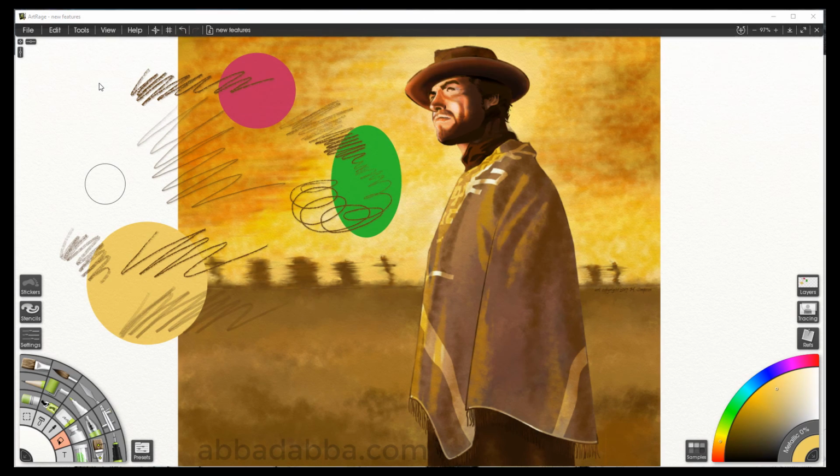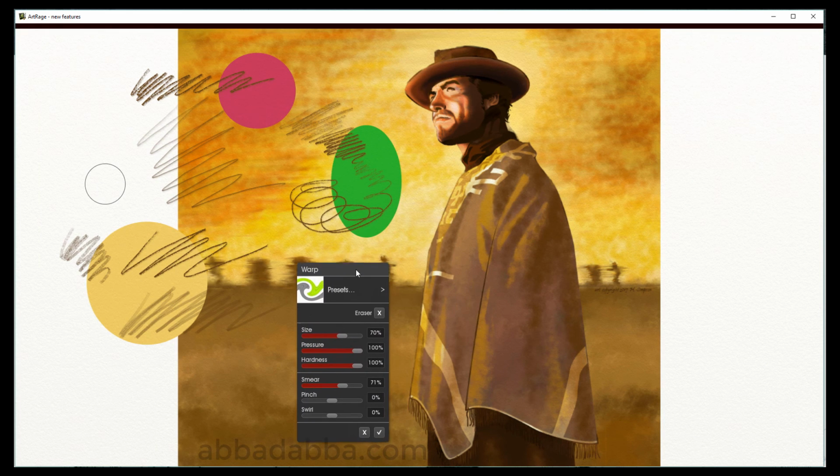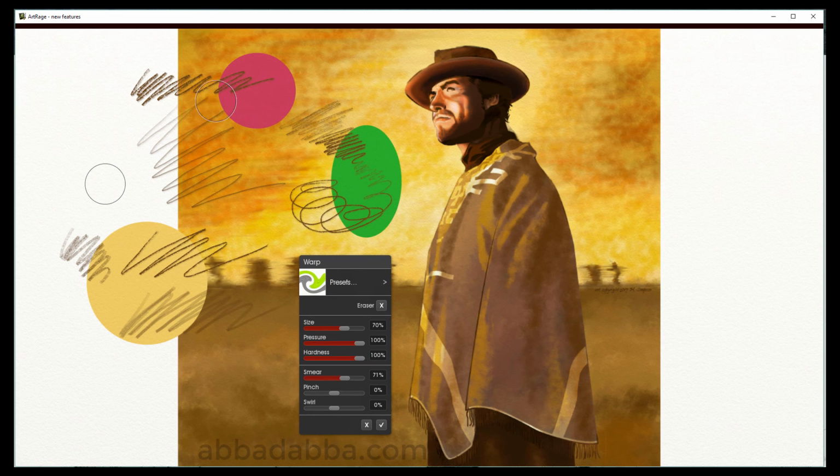So now let's move to warp. You can access warp by going to the edit menu, going down to filters, and down to warp. So you have some presets here. And now let's see what you can do with this. You can adjust the size, adjust the pressure, adjust the hardness, control the amount of smear,